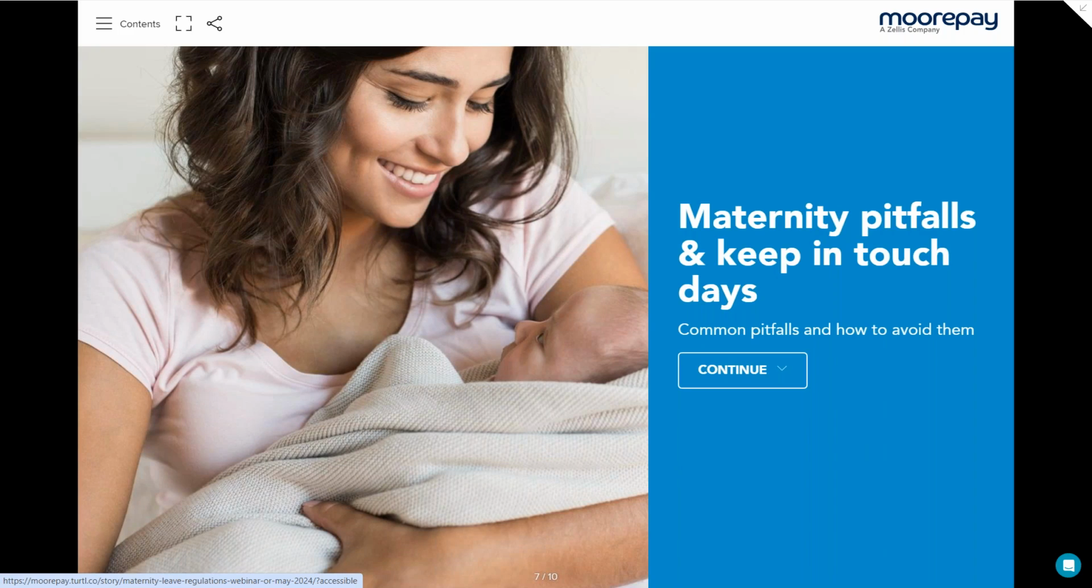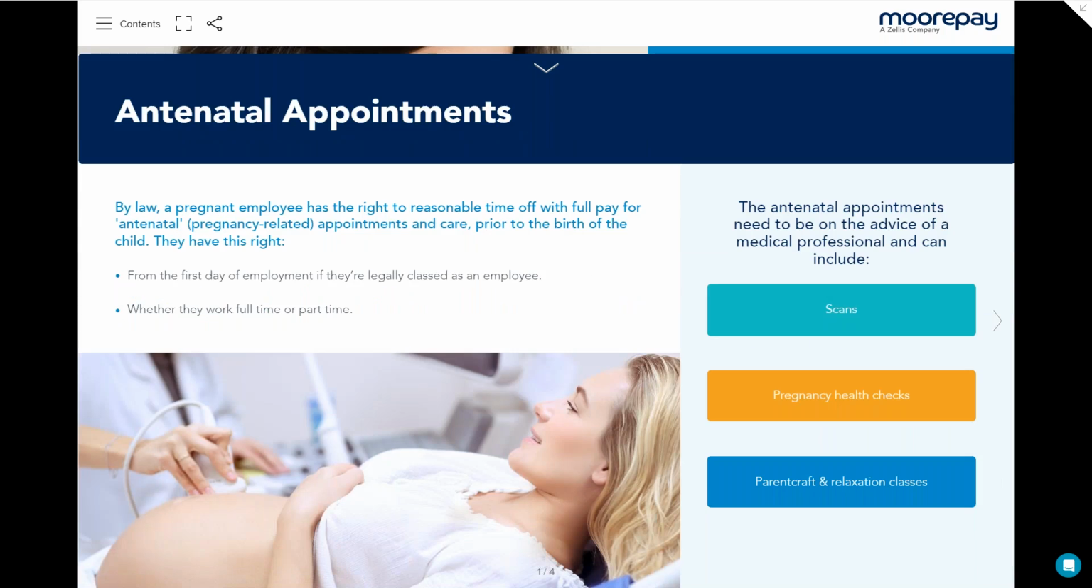Okay, so we're going to cover antenatal appointments. So an employee, from the moment they are pregnant, is entitled to time off with full pay for antenatal or pregnancy-related appointments. It starts from the first day of employment if they are an employee, and whether they work full or part-time. We cannot require them